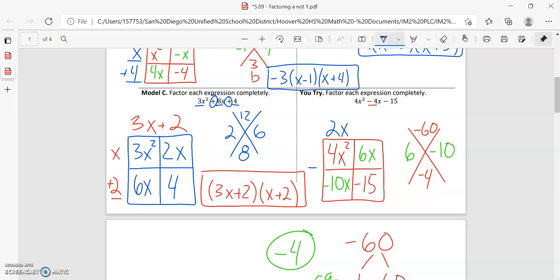Now 2x times what is 4x squared? That is 2x. 2x times what is 6x? That is positive 3. And positive 3 times what is negative 15? That is negative 5. So our factors are 2x minus 5 and 2x